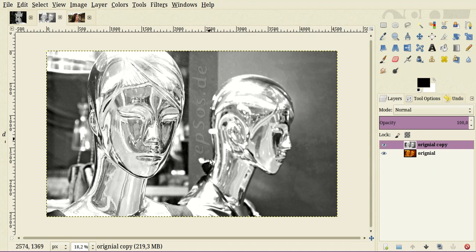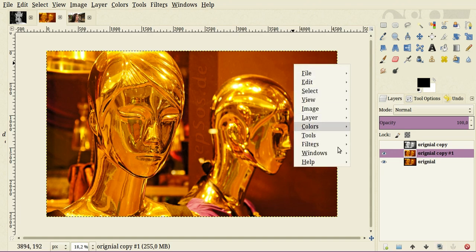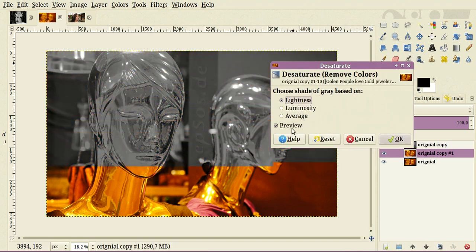So now we have a black and white image which is converted by the color and not just by the lightness of the image. In comparison to that, let's create another layer and then try the automatic desaturation level, like